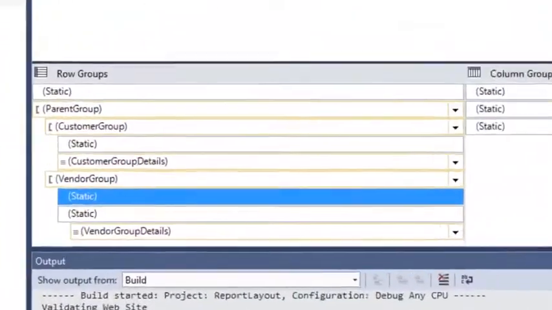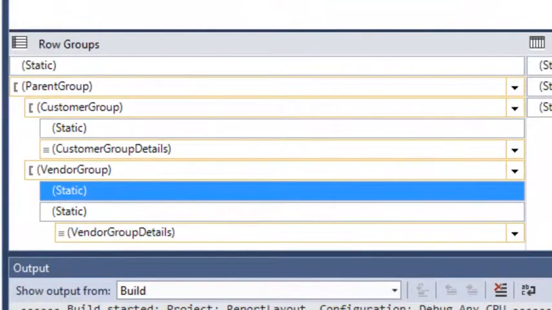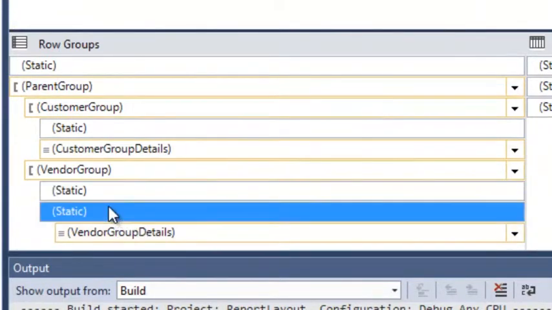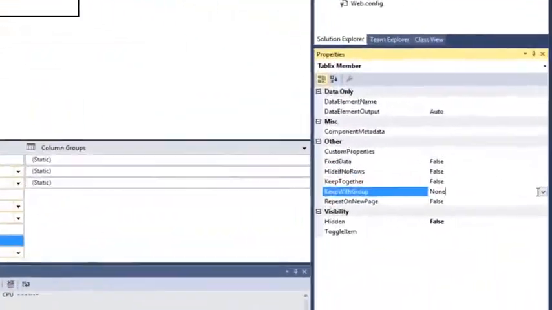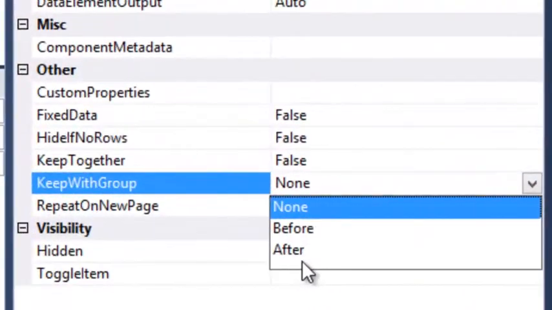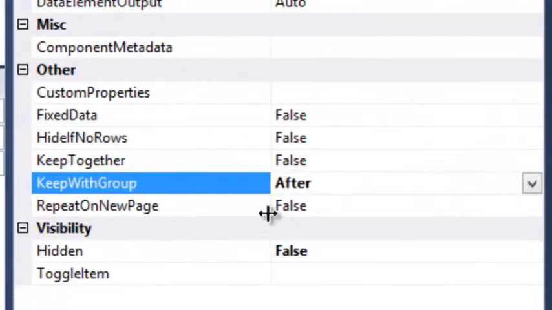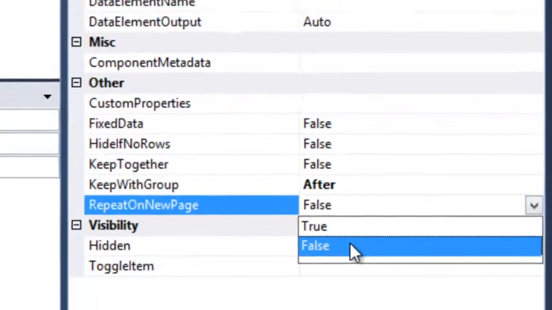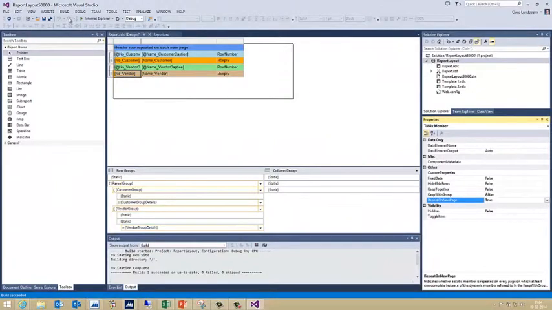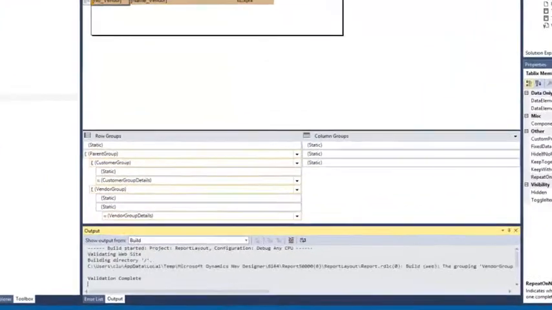So we're back in Visual Studio, and let's try to see if we can get it working by clicking this static row here. This static row shouldn't really be there, but let's see if it works and what error we get. So I'll say repeat with group after, and repeat on new page to true, and then I'll build the solution.